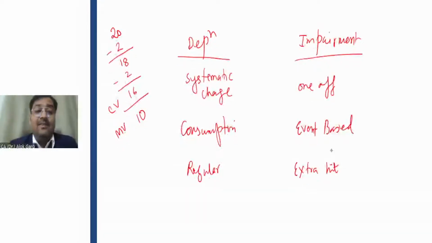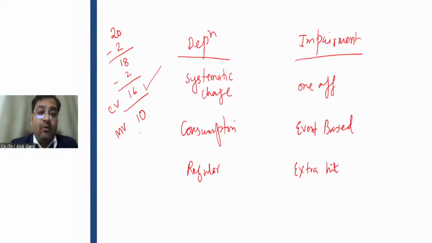So friends, in this case, what is the impairment? The carrying value is 16 lakh rupees. What is meant by carrying value? Value carried in the books of accounts, right? So the value carried in the books of accounts is 16 lakh rupees. What is the market value, the fair value? It is 10 lakh rupees. So the difference is 6 lakh rupees, and this 6 lakh rupees will go into the P&L,